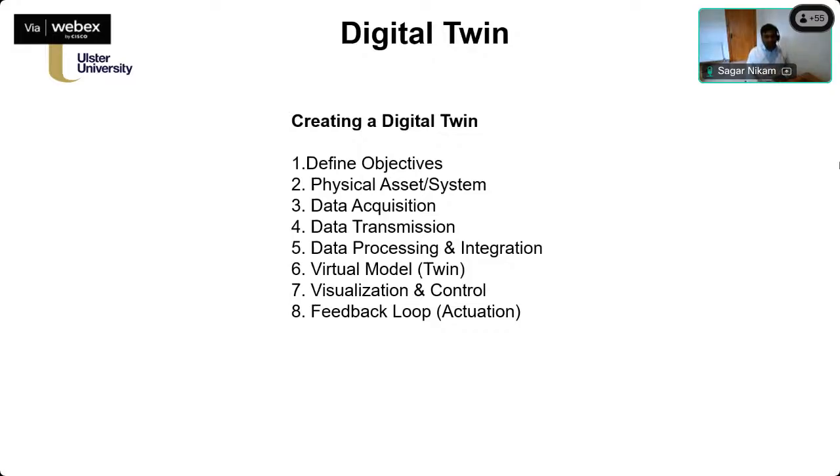Then there's the virtual model. That's what actually makes it a twin, and that's the difference between the CPS and the digital twin. We need to build a virtual model. This is a very, very big challenge in the digital twin, because as I said before, I can build a virtual model in CAD, with SolidWorks and all those things, but I can't operate that virtual model based on the sensor data. Your virtual model should also behave according to the physical asset there, and CAD is not the option there.